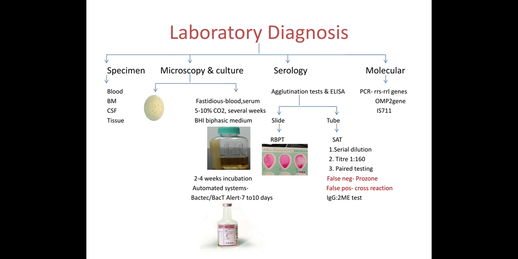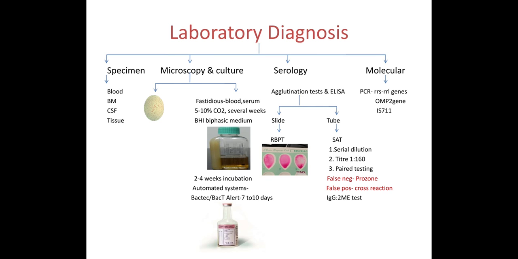Titers of 1 in 160 and above are considered significant. Tube agglutination has to be performed on paired serum samples: it is performed once, and a convalescent serum is collected again after say 7 to 10 days, and SAT is performed again